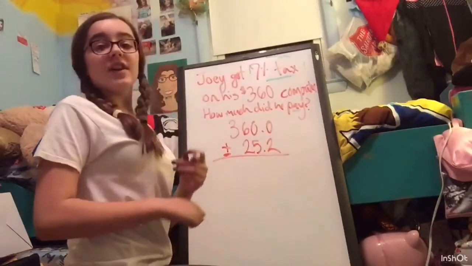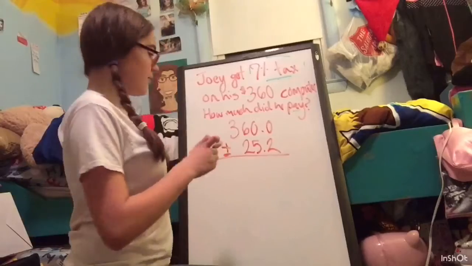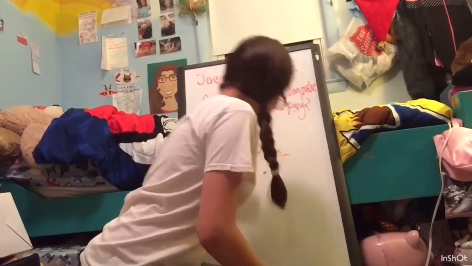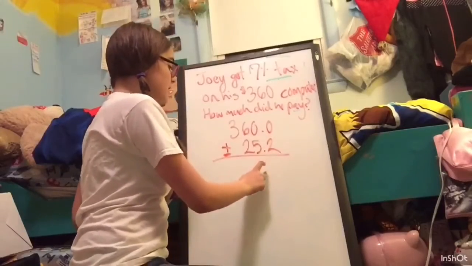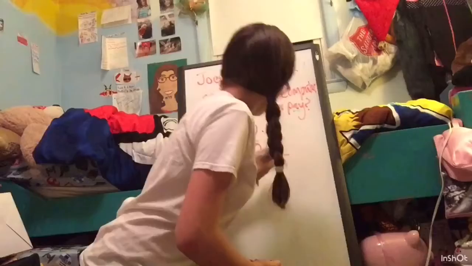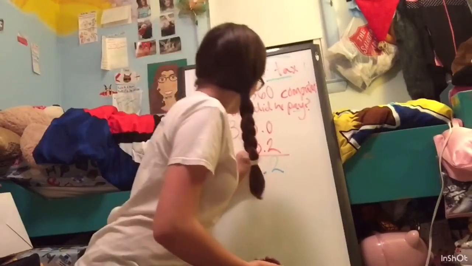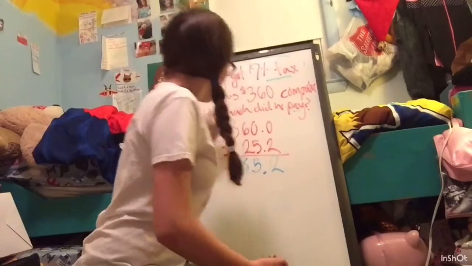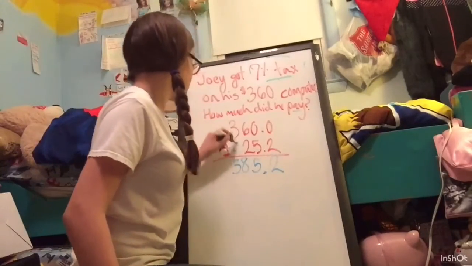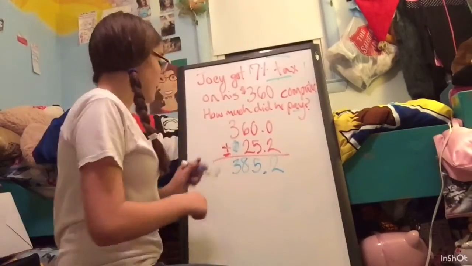If not, everything will go whack. So we put the decimal in the sum in the exact position. 0 plus 2 is 2. 0 plus 5 is 5. 6 plus 2 is 8. And drop the 3 because there's no digit. This is technically a 0. So that's